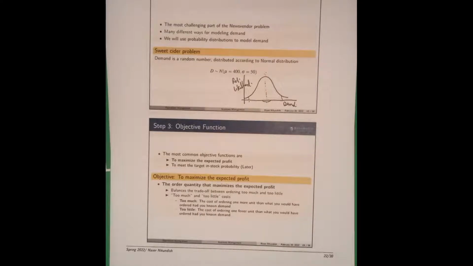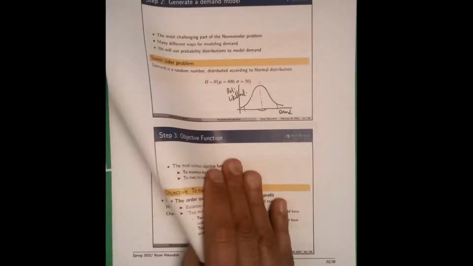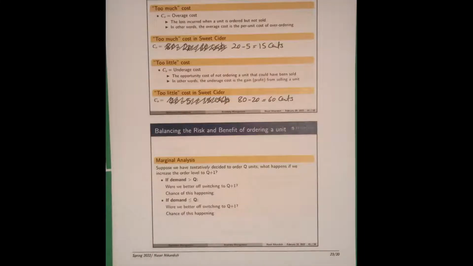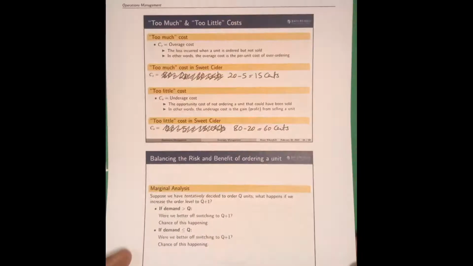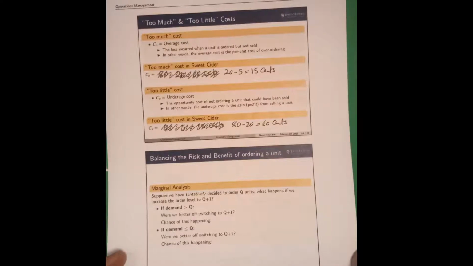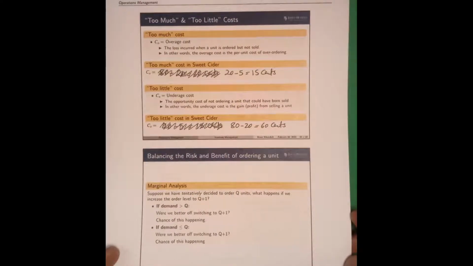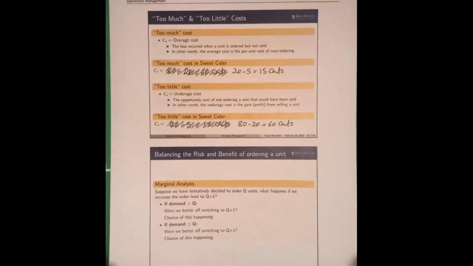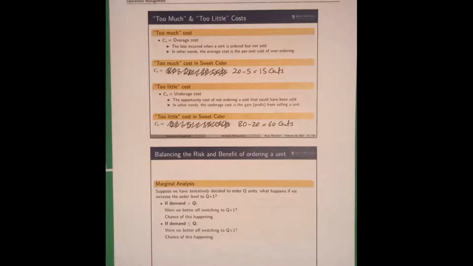I want to maximize my average profit or minimize my average cost. All right, so let's talk about that objective function. How are we going to make inventory decisions, knowing about the problem setup and knowing that all I care about is profit? Well, when we are trying to maximize profit in any optimization problem, you're going to have at least two competing forces, right?